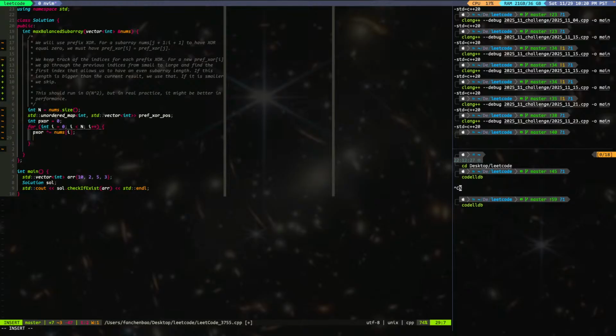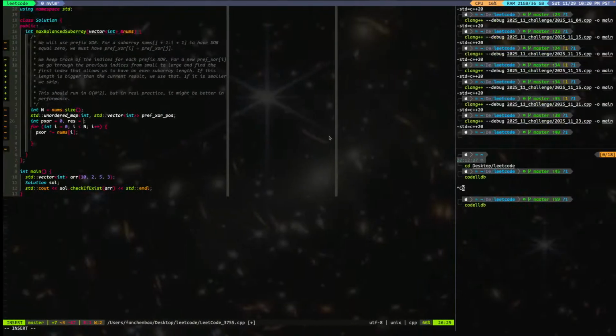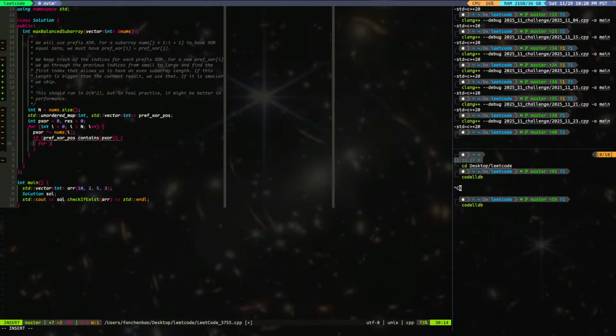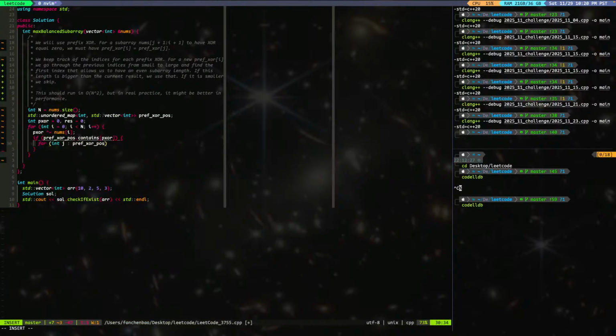And then we also need a result. We're looking for the largest. So result is 0. So we have the prefix OR, and we look in where we say if prefix dot contains pxor, and if it contains, then we go for int j at this